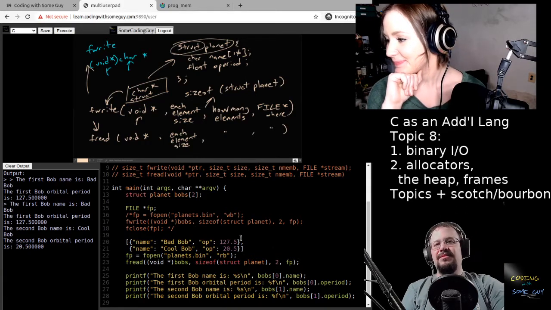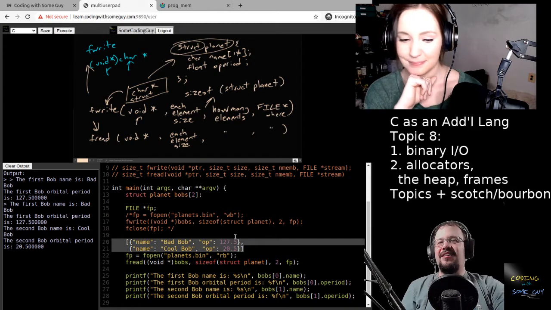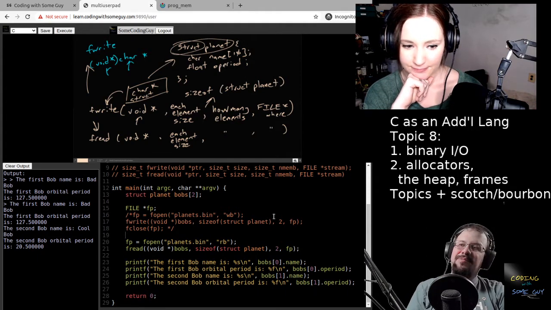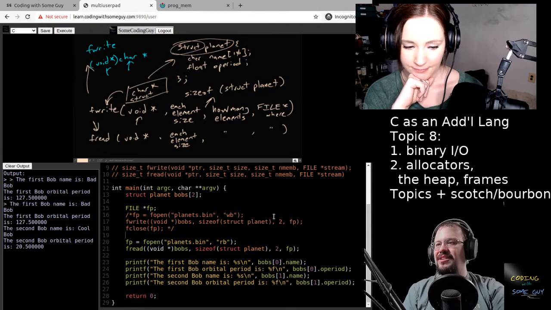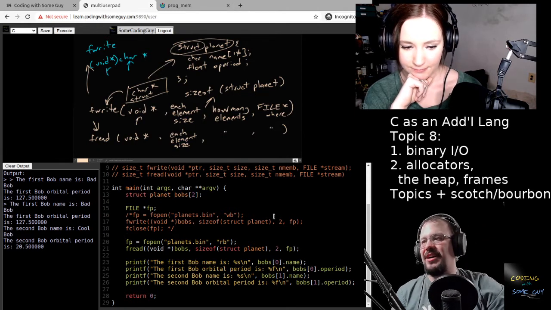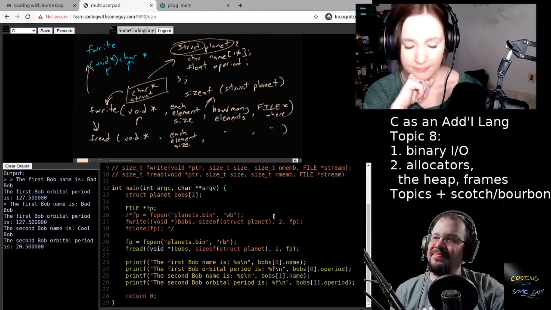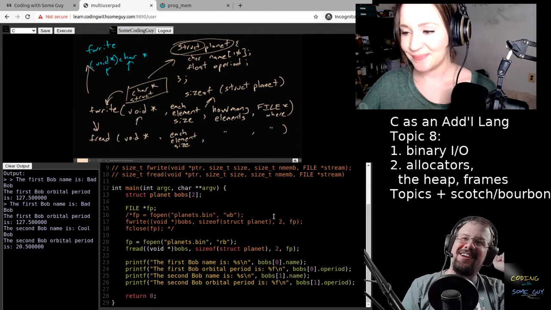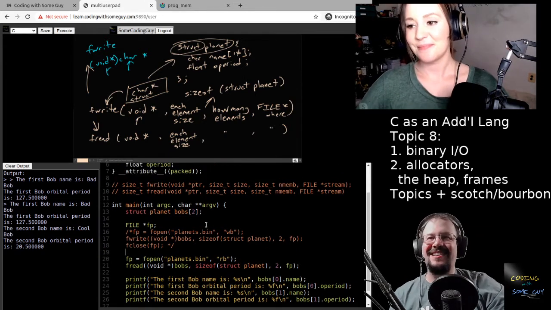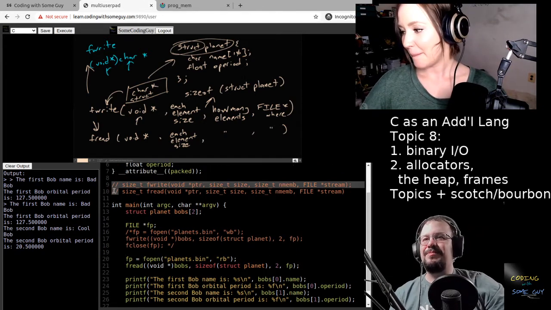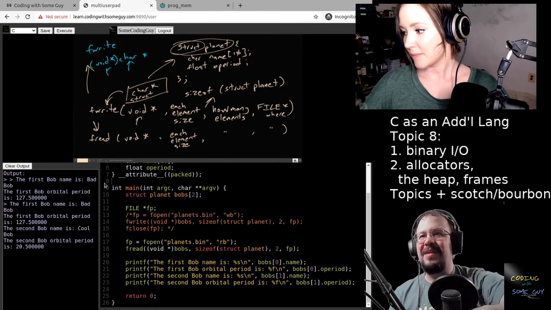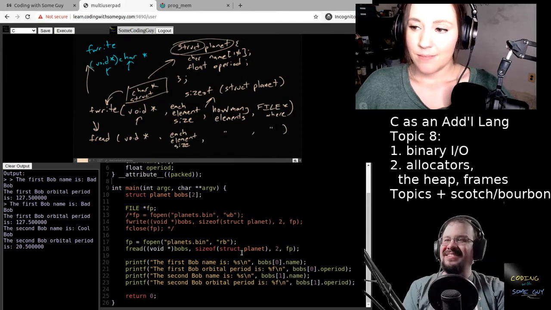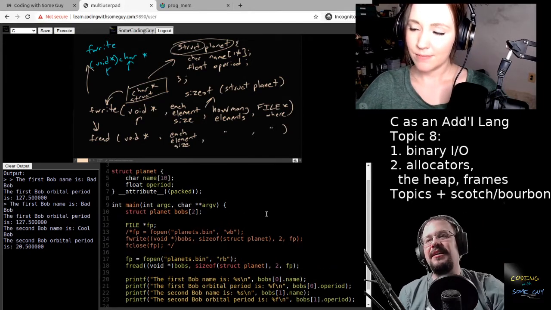Okay. So we've done that. We've got our Planet Bobs written out to a binary file. We read it back in and we managed to recover the same contents that we wrote out. Mm-hmm. You good with this topic? Yes, I think so. You inherently don't like it because this data is lacking description. It doesn't have a lot of descriptive power associated with it. It's just the raw data itself. Mm-hmm. Okay. And you're right.